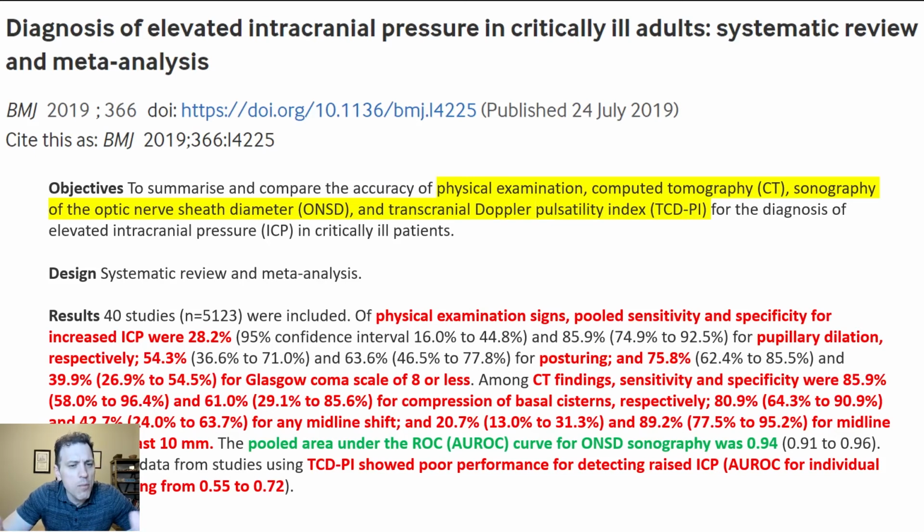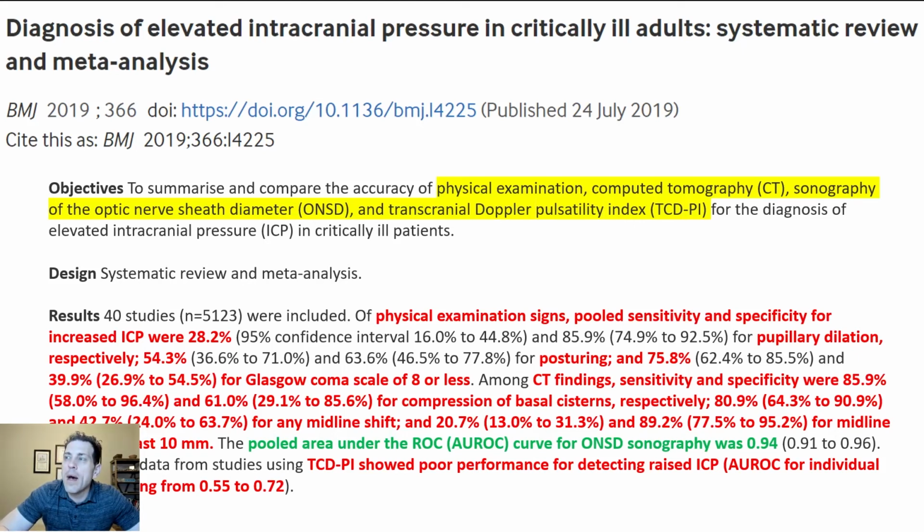CT scan performed reasonably well. TCD actually did not perform so strongly. Physical examination had some wide variance. So this really strengthened the argument of using optic nerve sheath diameter in head-to-head comparisons with these different ways to